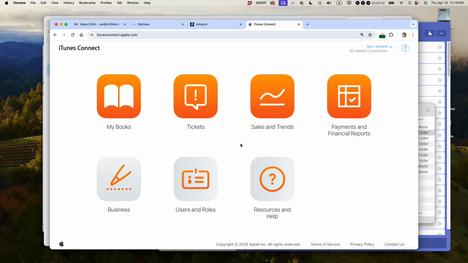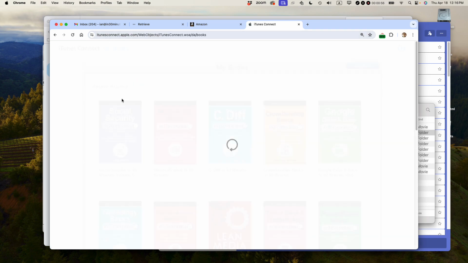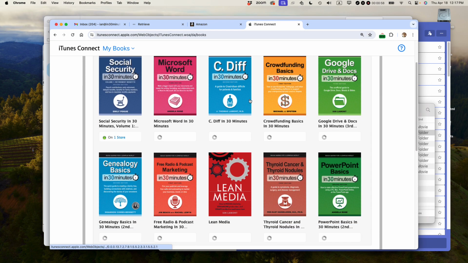One thing you need to understand: Apple actually has two separate tools for publishing books to Apple Books. One of them is iTunes Connect, and the other one's called iTunes Producer. And we're using iTunes Connect, which is a website. You can see the URL right here. I'm going to click on My Books, and you're presented with the catalog of books that you have